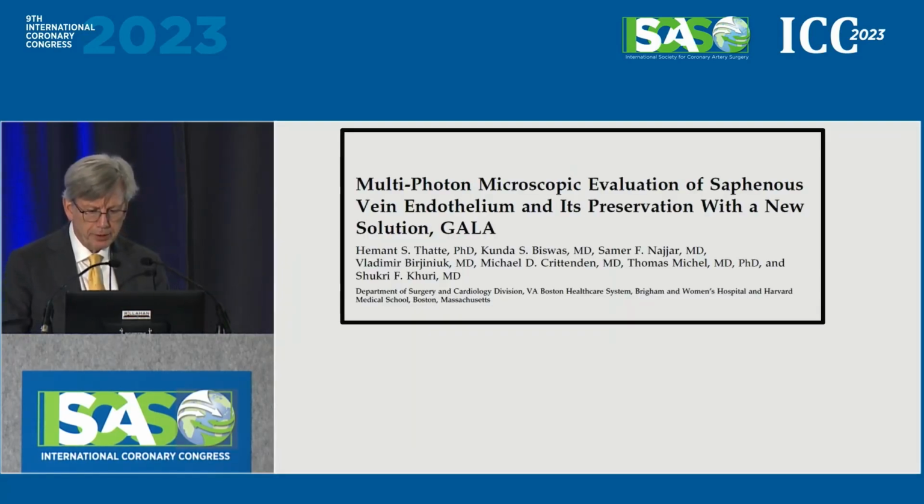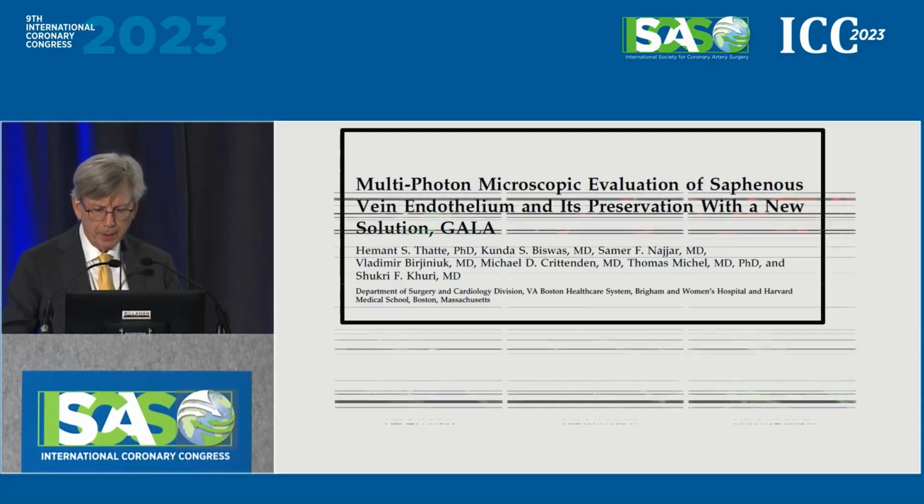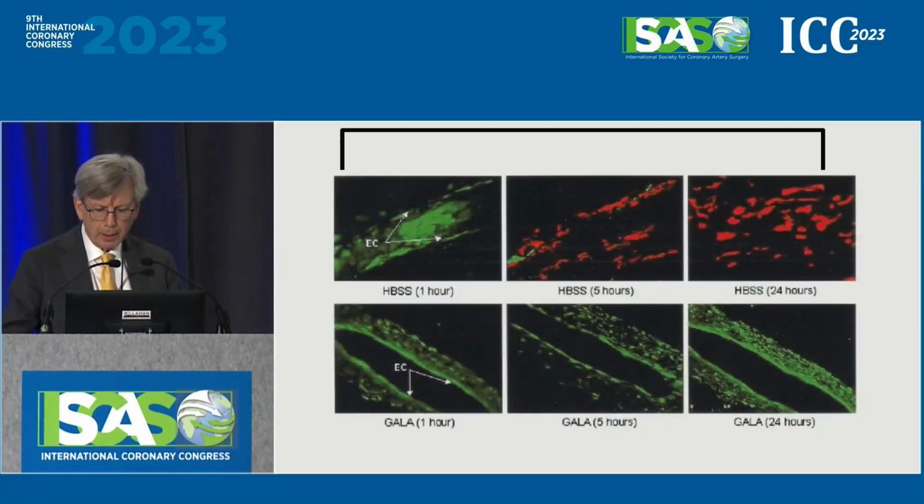In this laboratory study of human SVGs stored in a balanced salt solution, at 1 hour, they still had cell viability. This is seen with green fluorescence. It was lost at 6 hours, seen with red fluorescence. However, specimens stored in GALA, a balanced salt solution, with glutathione, ascorbic acid, and L-arginine were viable even after 24